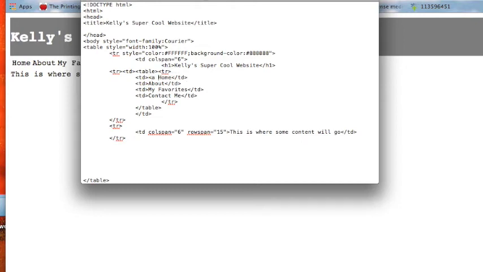So let's do an a href equals quotation marks. And this we just do locally because it's all going in the same folder, and that's how websites are anyways. They don't have http://, they just have the local name. So I'm going to name this one index because that's what's going to bring us back to this page, right? And don't forget, we have to close it with /a. And then same thing with about. We're just going to name that page a href equals